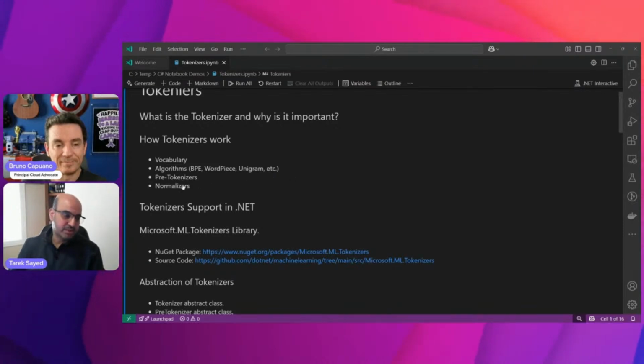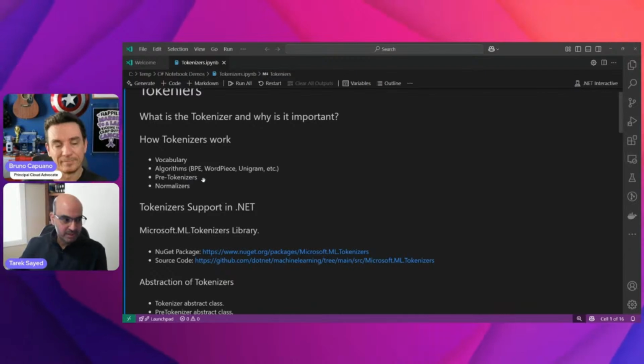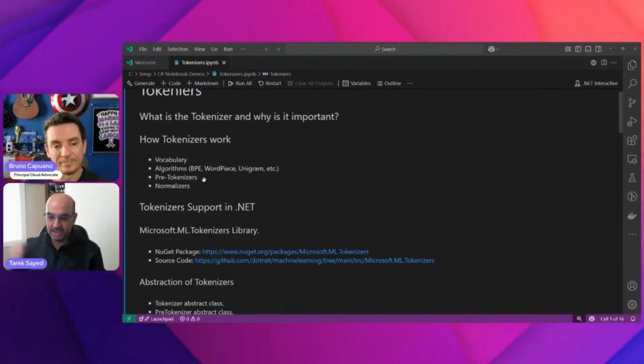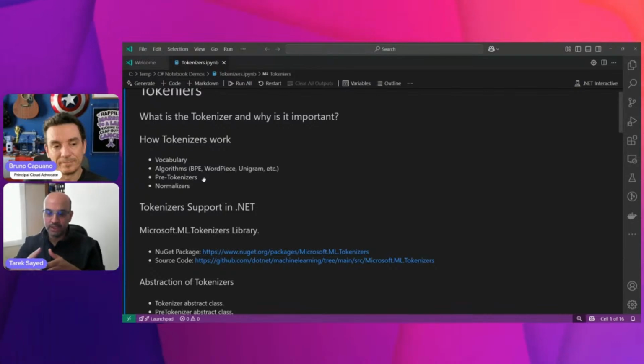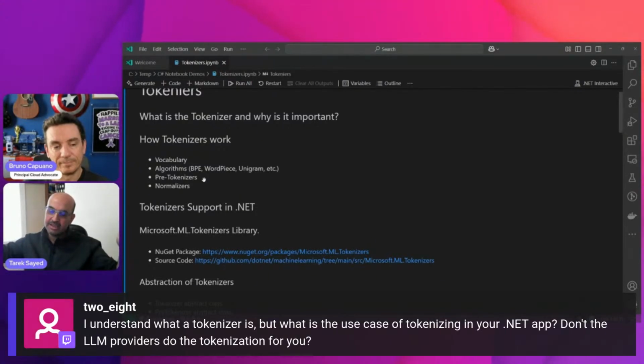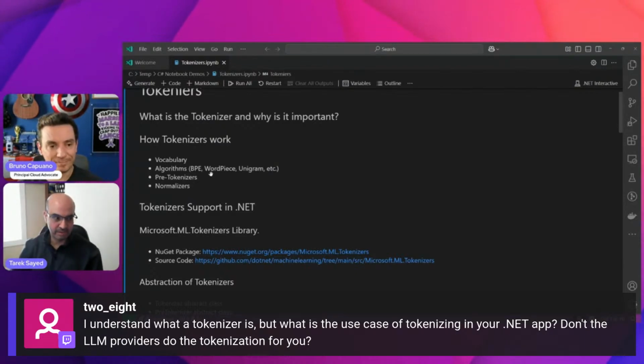There are two other things I want users to be aware of. Some tokenizers use something called pre-tokenization before processing or encoding the string. Instead of having the tokenizer handle a very long text in one shot, it splits the text into smaller units before doing the encoding. This is called pre-tokenizers.